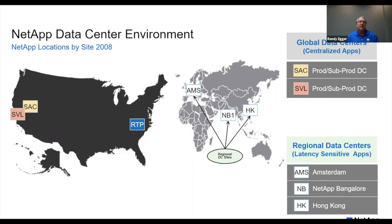So we looked around and looked in Utah, Arizona, multiple other places where it would be better to put our production environment. Because NetApp economizes, and I can go into that a little bit more, but what we do is we try to use our outside air for cooling. It saves us a lot of money. So we wanted to make sure that wherever our production site was going to be, it would be in one of those mild climates where we could economize or use outside air most of the time, and not just the big expensive cooling systems for our systems. So we chose,